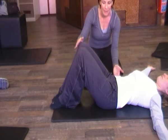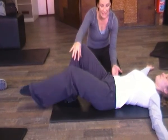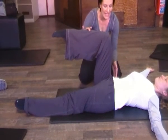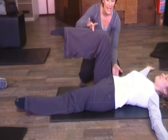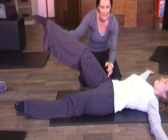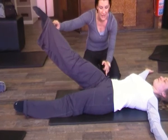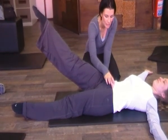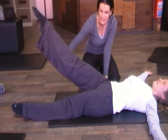So just to recap, hip disassociation, place this leg down, is lifting this leg up freely in the hip socket without any change happening in the pelvis. Hip flexor abdominal coordination is as she extends that leg out and the hip flexors have to work more, holding the weight of the leg and gravity wanting to pull it down. Her lower rectus abdominis is able to maintain the position of the pelvis. Bring the leg in,